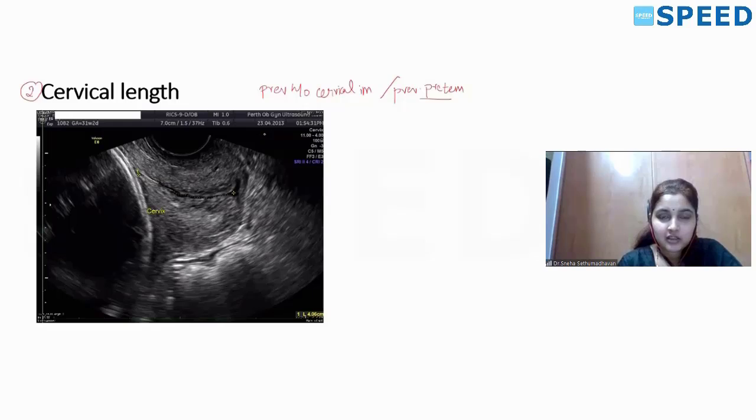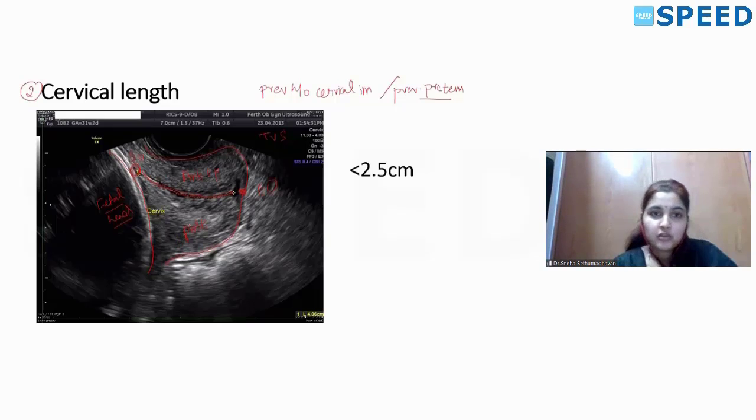So this is a transvaginal ultrasound. Okay, let's orient ourselves. This is the cervix. You're looking from the side. It's a sagittal section. This is the anterior lip of the cervix, posterior lip of the cervix. This will be the internal os, and this is the external os, and this white curve-like structure is the baby's head, fetal head. I hope you guys are oriented, and this is the cervical canal, and this is what you're measuring. Okay, and the normal measurement should be more than 2.5 centimeters.